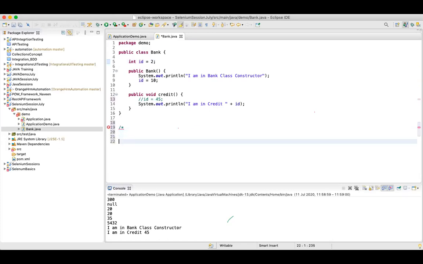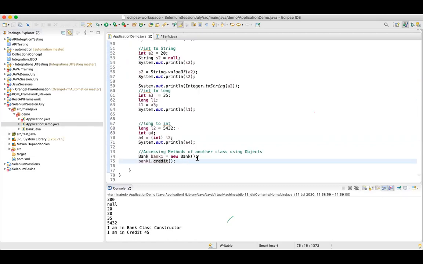Let's say we are dealing with the value of ID. Initially the value of ID is 2. Now when we are creating this object of the bank class, what is getting called? When you create an object of a bank class, what is getting called?